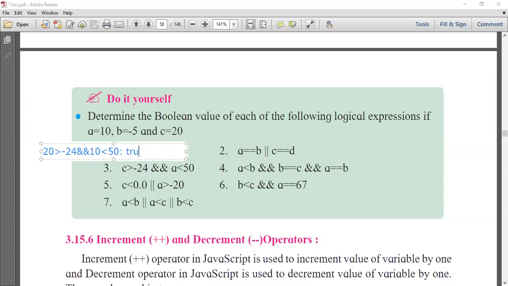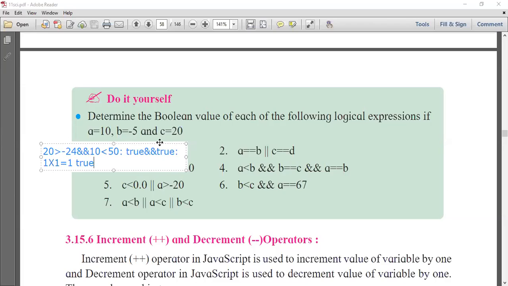Yes, it is true. And 10 less than 50 is also true. If and is used, true is nothing but 1, and means multiplication. Again true means 1, so 1 into 1 is 1. So what will be the answer? That is true. So here you will get the true answer. So true is right.